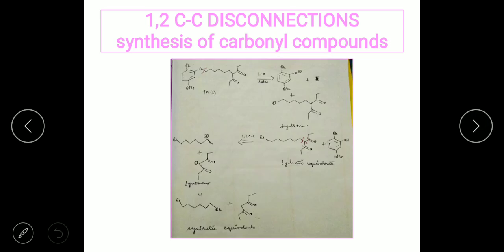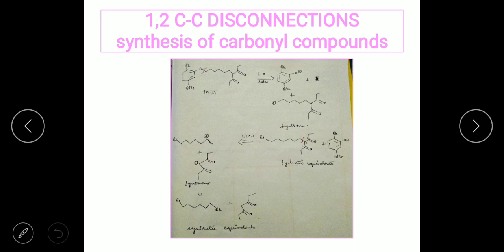Let us take one more example. Here you have a diketone group and also an ether. Students, make sure that you do not disconnect the bond between the aryl group and the oxygen, because the aryl cation synthon is not a suitable starting material and is not considered a good starting material for a reaction. Hence we disconnect the bond between the oxygen which is linked to the aryl and the next carbon atom, in this form.